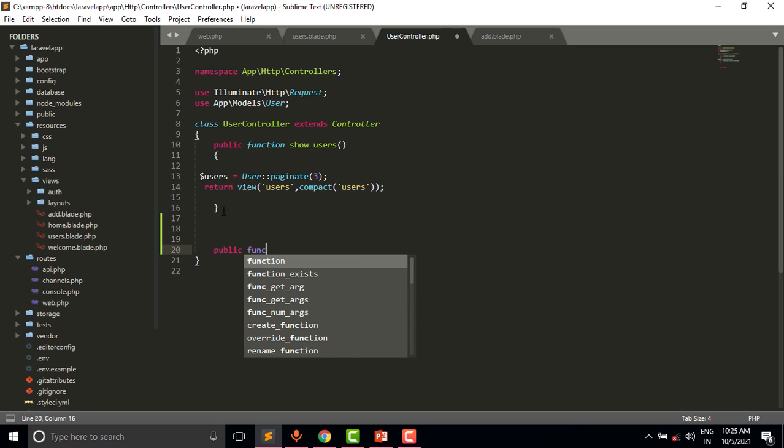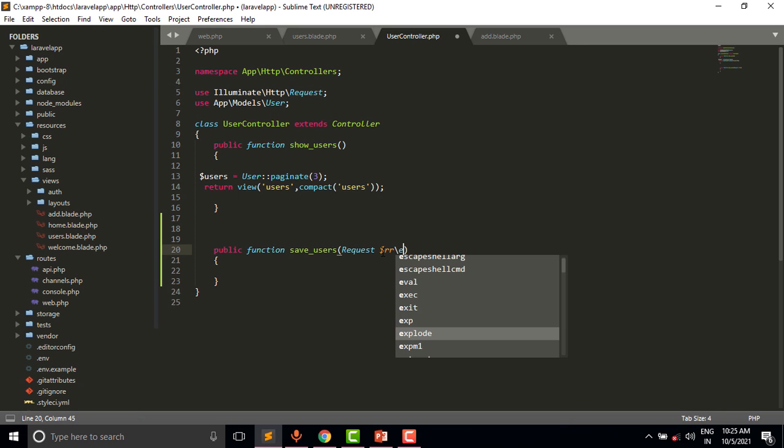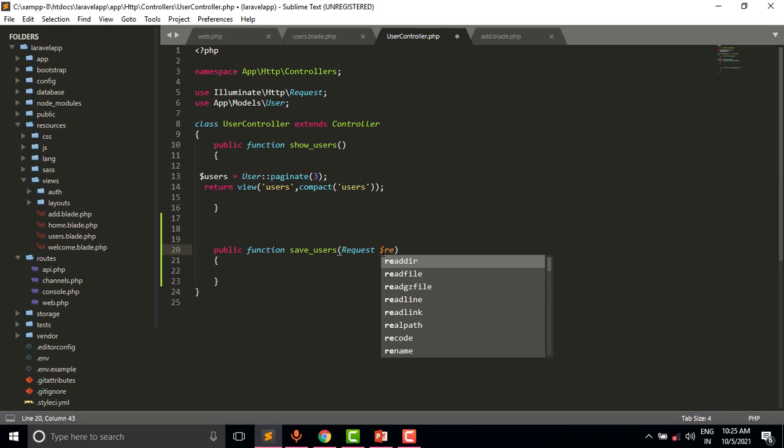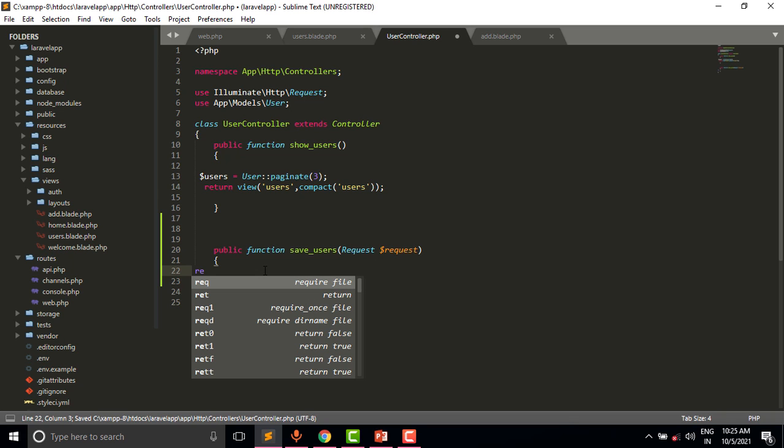Public function save users, and we will pass request. For testing we will return the request.